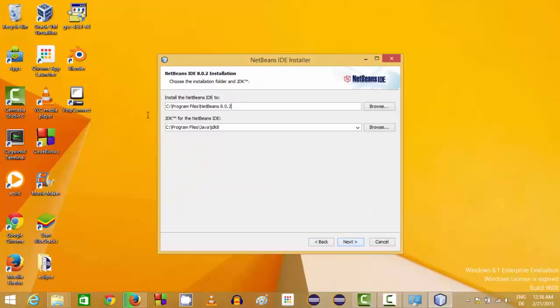And this is the location where your NetBeans IDE will be installed. And see here, whenever you have installed Java, this JDK folder location is automatically taken by NetBeans. So that's why we have installed Java in our system, so that it can automatically recognize this JDK folder. Just click next,